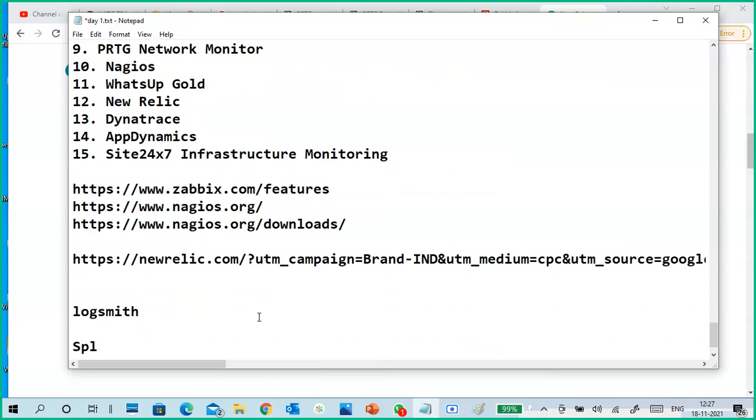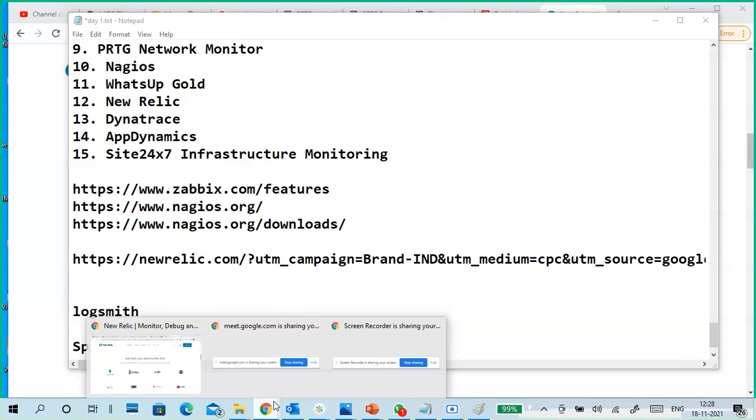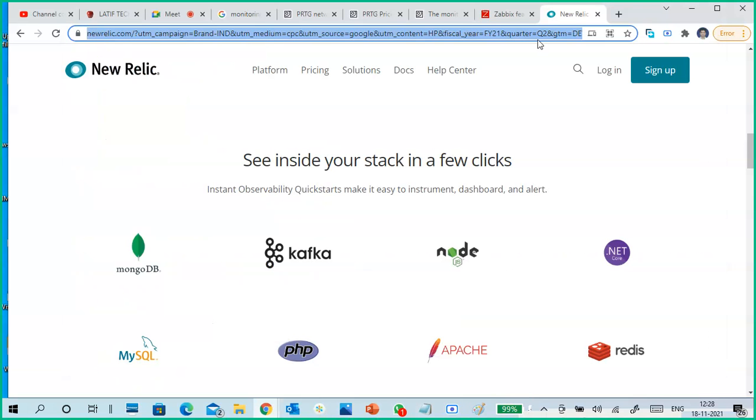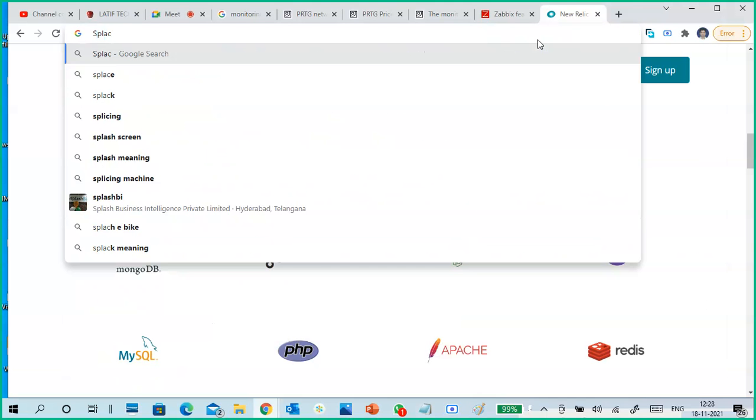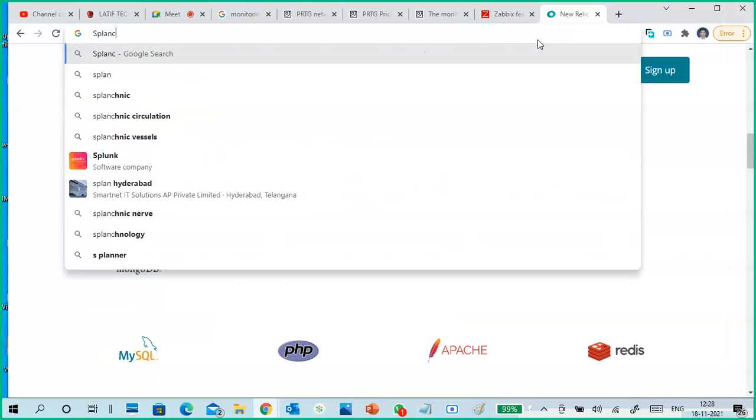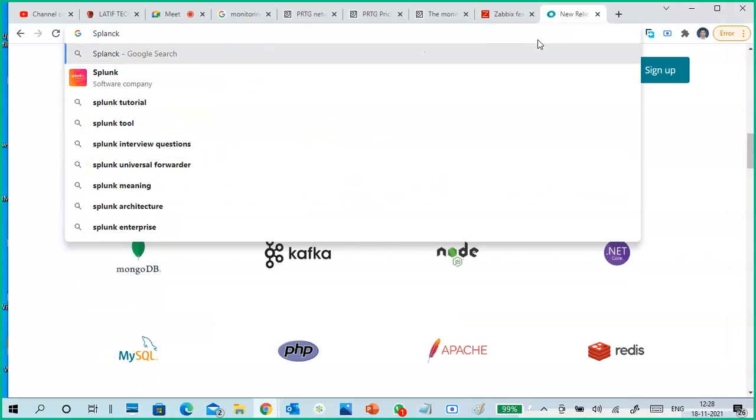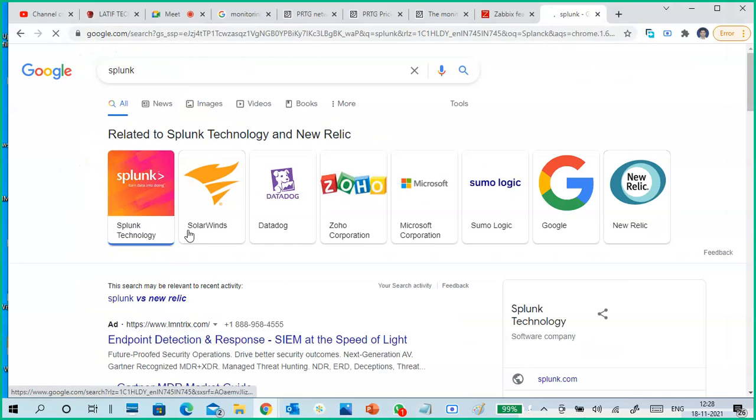Splunk. One second, I will verify. Splunk, this is the correct one.